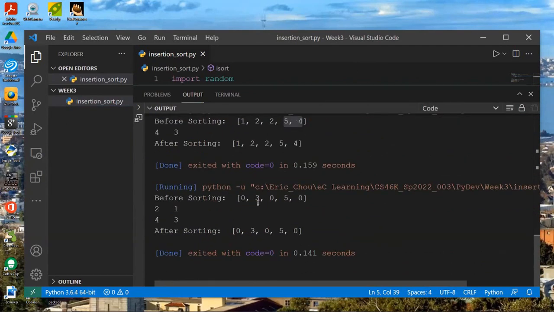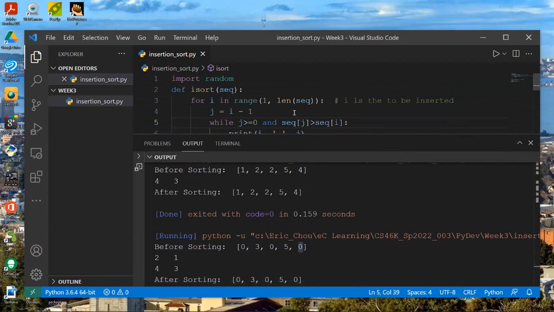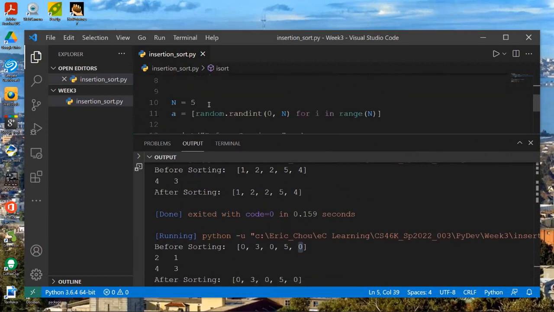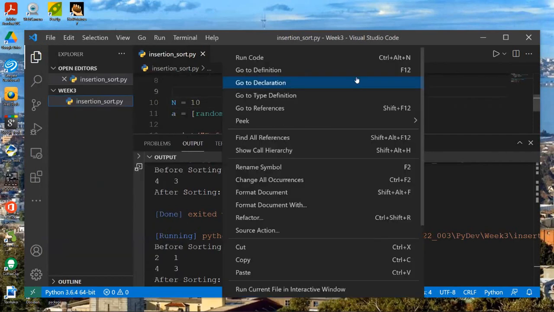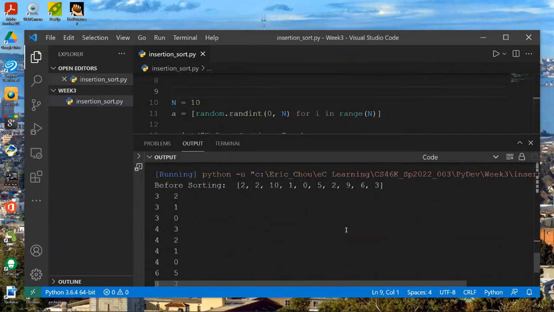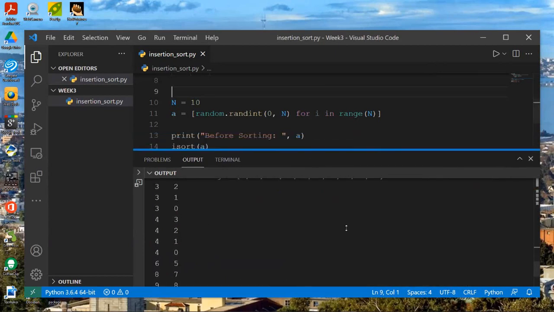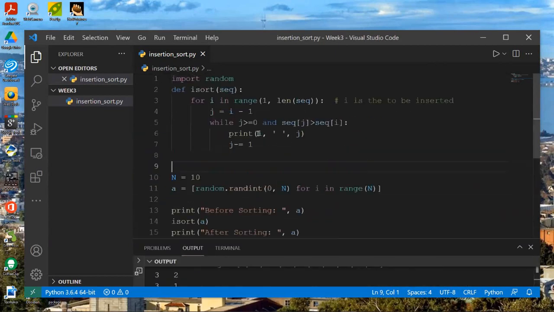I think this one would be moved. So something like that. Let's just try one more time. Now this time let me change it to 10. It will show us how many shifts are needed. Anyway, let's do that. It will keep shifting.